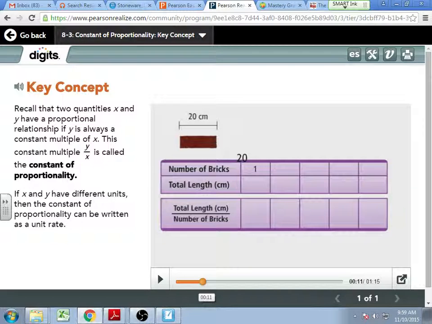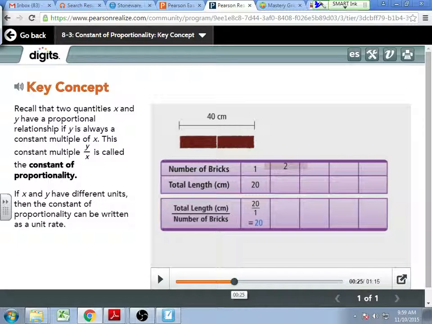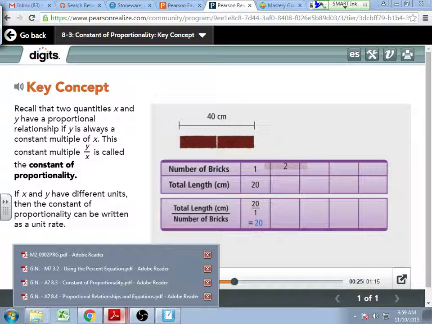So we see one brick here measures 20 centimeters. What if we then got a second brick? How long would it measure when I add on the second brick? 40. What about the third brick? 60. What about the fourth? 80. What about the fifth? 100. So then when I look at that ratio,